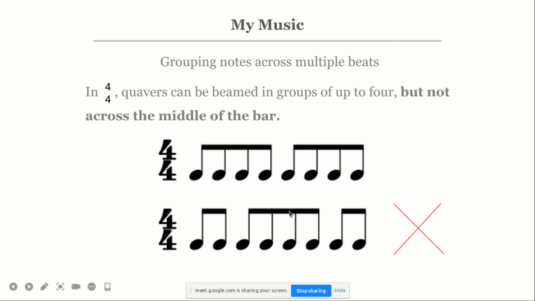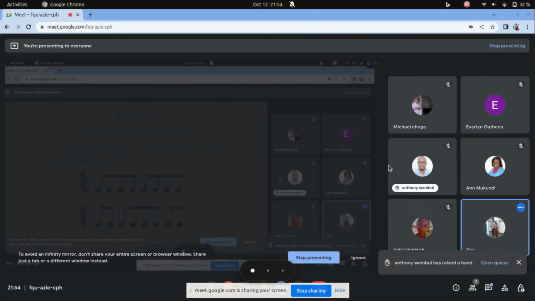The reason is the third beat of 4/4 is a strong beat, not a very strong one like the first beat, but it's a strong beat. It should be given its own beginning. So we should never mix the second and the third beat unless it's a minim. Then you can't do anything with it. You should not use unnecessary ties. But if it's beaming, never beam across the second and the third beat of a 4/4 time signature. Never. So the second one is wrong, but the first is right. As we said earlier, you can beam 4 quavers together.